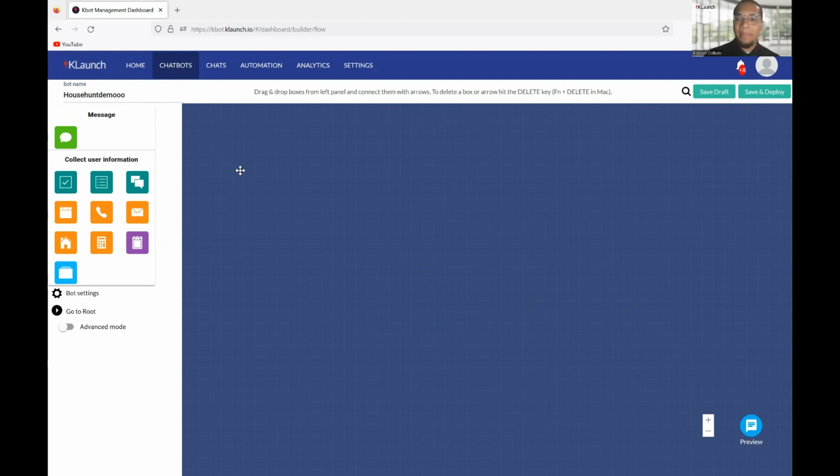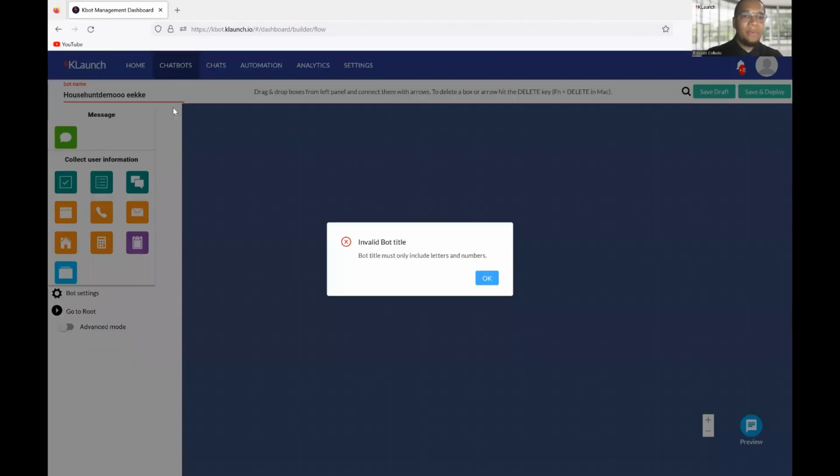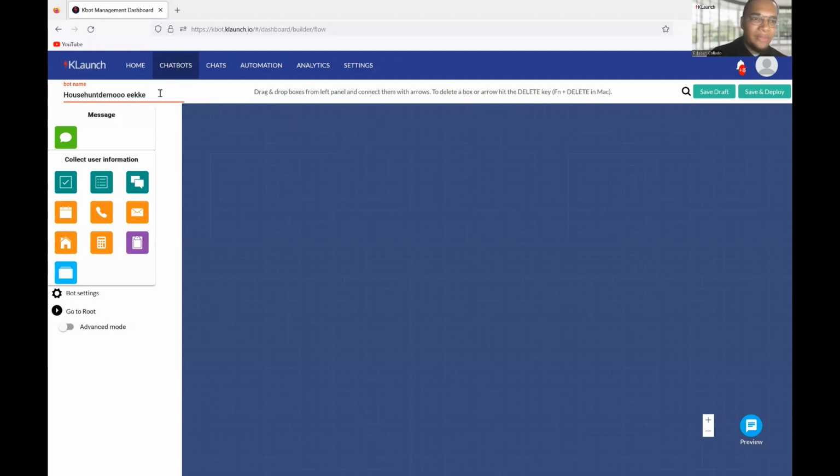That's the name I give the bot. Also keep in mind that when you give the bot a name, the bot title must only include letters and numbers. So there's no spaces. So keep that in mind as you give the bot a name. Let's just stick with our original name,